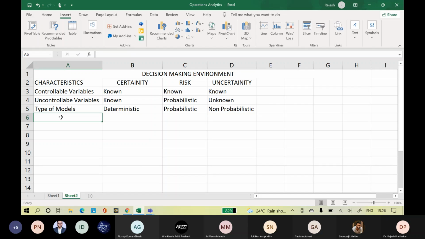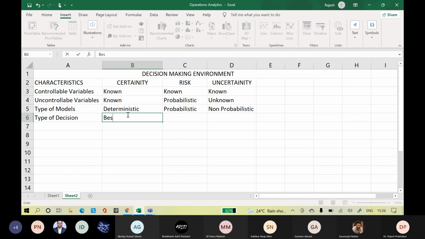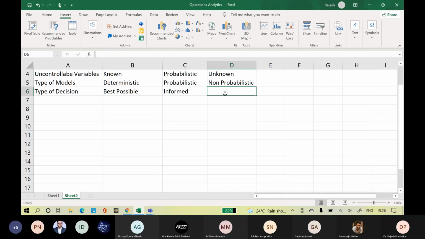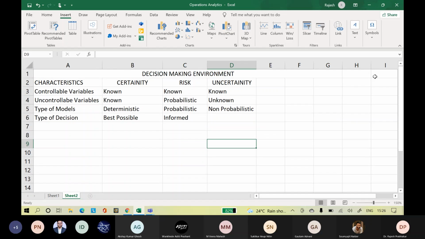Looking at the type of decision you need to make: in certainty, you need to make the best possible decision, because you know everything in the certainty environment. Under risk, you need to make an informed decision. That means you can't make the best decision, but you need to have information regarding what if a decision goes wrong. That is called an informed decision.